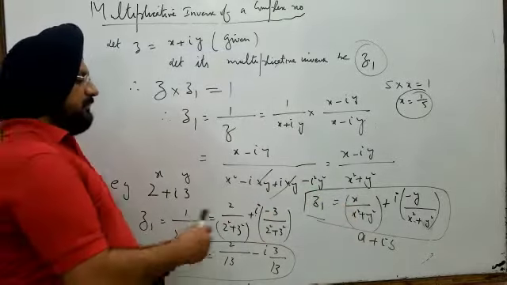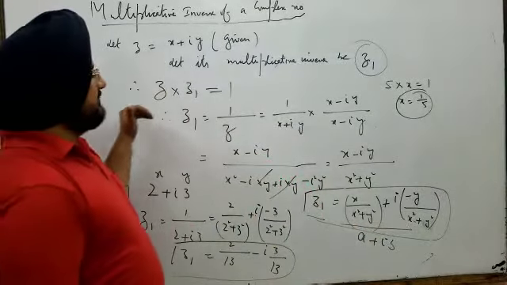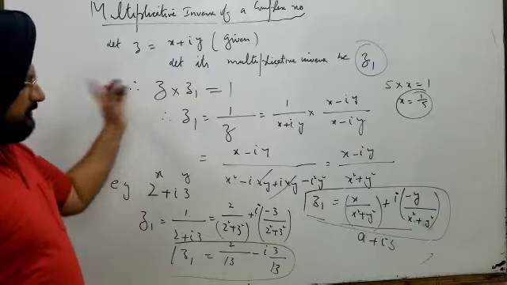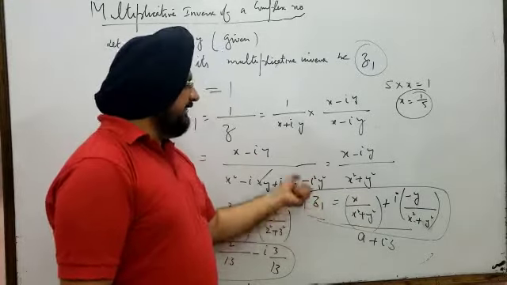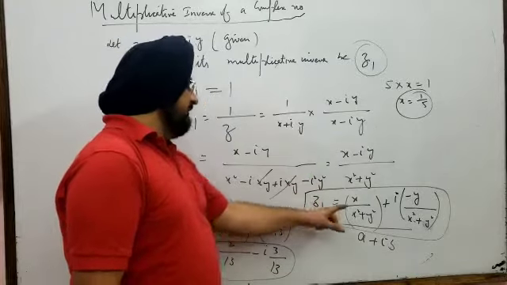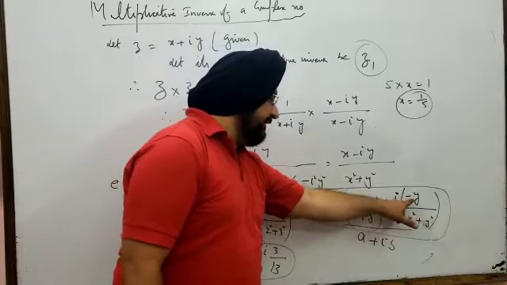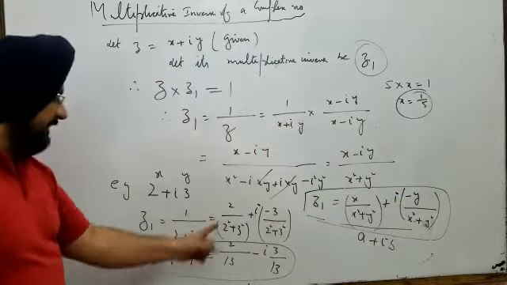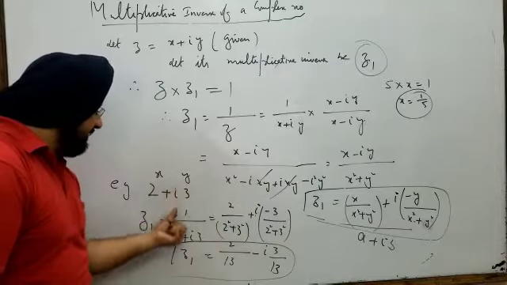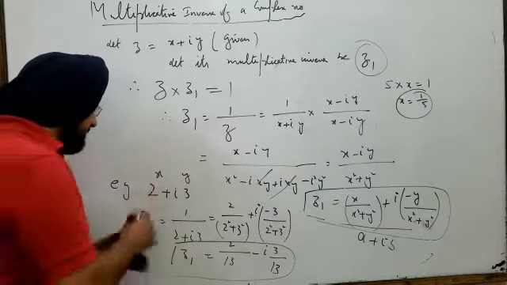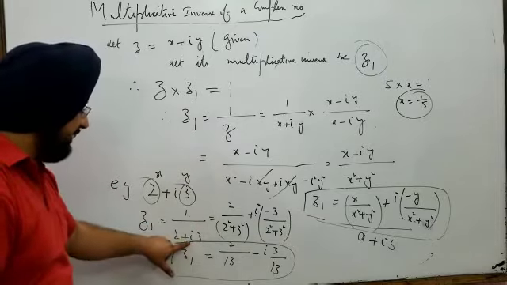So you should remember this result for your MCQ questions especially, because it's a very easy question. If you remember this part, that the multiplicative inverse of any complex number is given by x by x square plus y square plus iota minus y by x square plus y square. If I apply this formula directly over here, this is x here and this is y. So 1 by this will be the multiplicative inverse, and you have to eliminate iota.